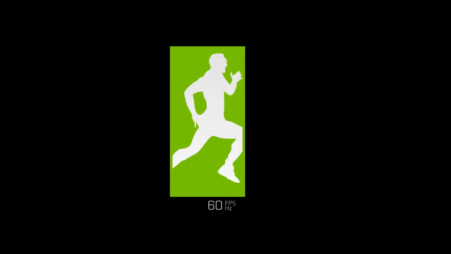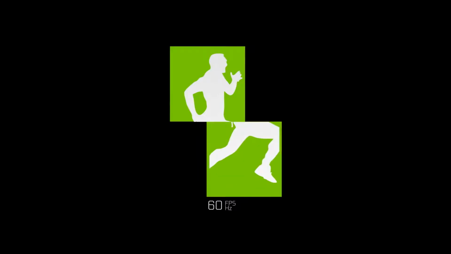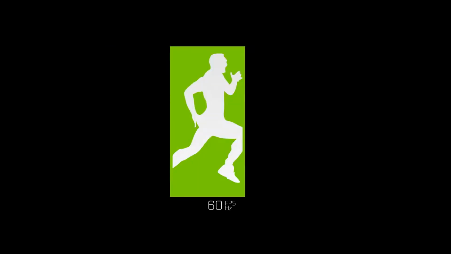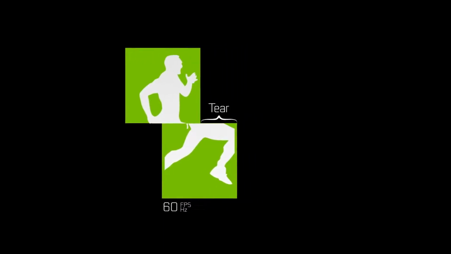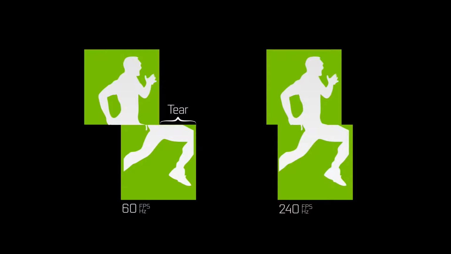As you can see here in the animation, the lack of synchronization between the GPU and the display causes tearing. The GPU is required to present an incomplete frame. The size of that tear that you see there is determined by the animation step. At lower frame rates, those steps are fairly large, so tearing can be quite pronounced. At higher frame rates, the steps are much more frequent, so they're smaller, so the tears are much less pronounced